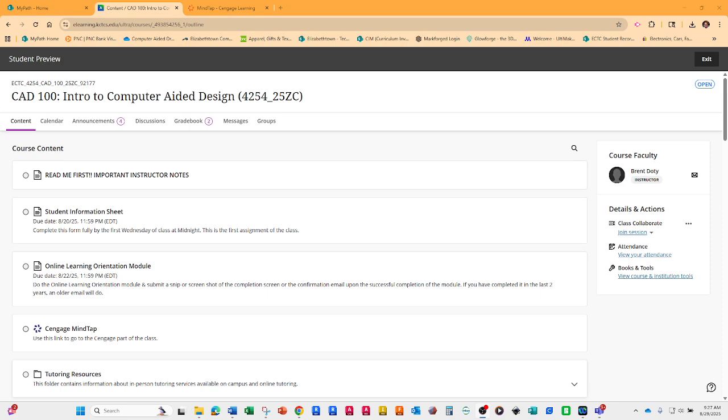So first of all, we're going to try to make this short and sweet. What's going on? First thing, let's get this cleared up real fast. This little thing right here is not the email button. That's the messages button.